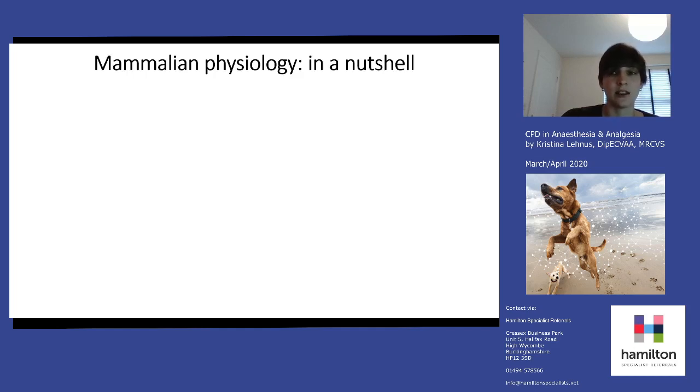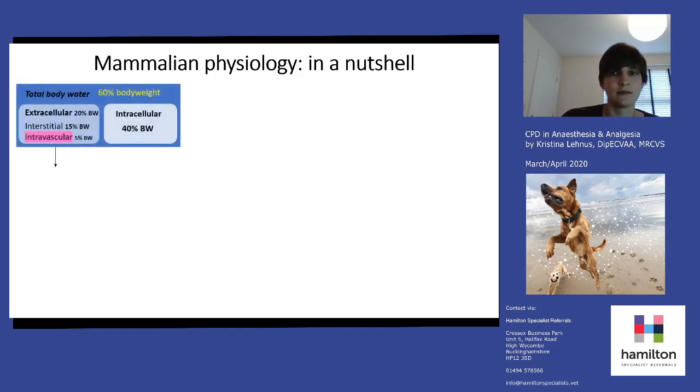I'm going to start with looking at physiology in a nutshell. We've got total body water, which accounts for 60% of the body weight of the animal, and the majority of that is intracellular, 40% of it in fact. But most of that is invisible to us, and we're not really able to quantify that fluid status at all. Then we've got the extracellular volume, which is 20% of body weight, but only 5% of body weight is intravascular,